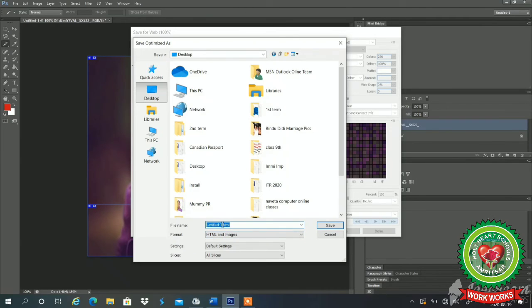Let's suppose I want to name the image girl, and note that from this format drop down, HTML and images will be selected. The HTML will make the file for use on the internet, and images will create a folder where all these slices are stored. Clear? Now we will click on this save button.